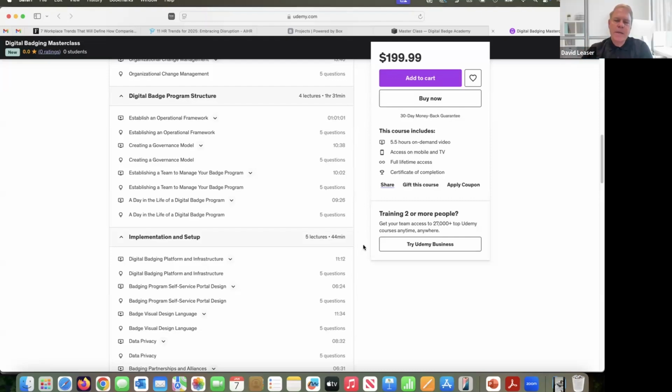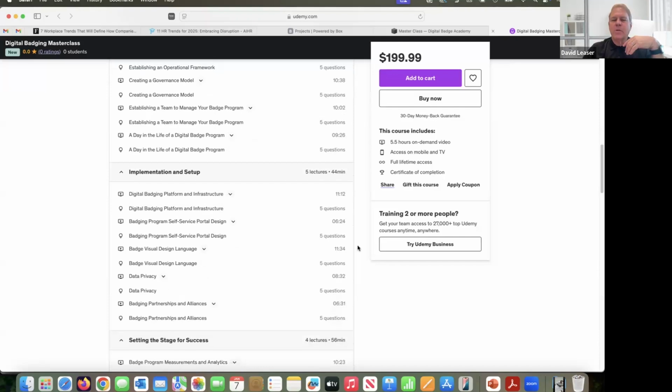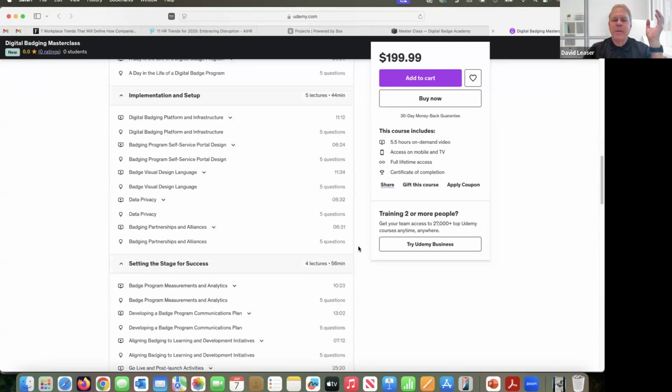So the next section is really getting into the setup. Now you've gotten the buy-in, you've given the business rationale and justification for it. You have a deep understanding of all the terms, the program, the technologies you need, and everything else. Now it's time to ask, how do we get this thing set up? A lot of people are focused on just the physical badge design, but there's a lot more to it than that. Exactly. While we do go into things like badge visual design, and it's important,